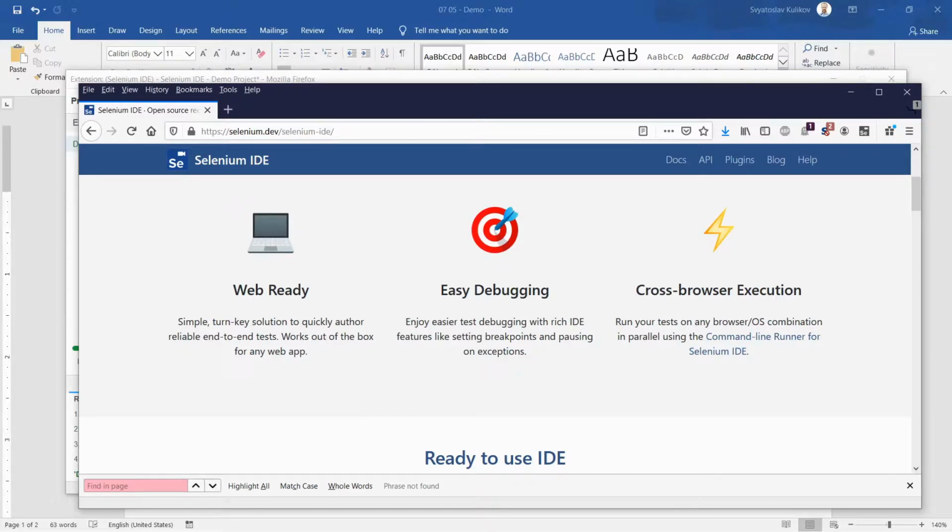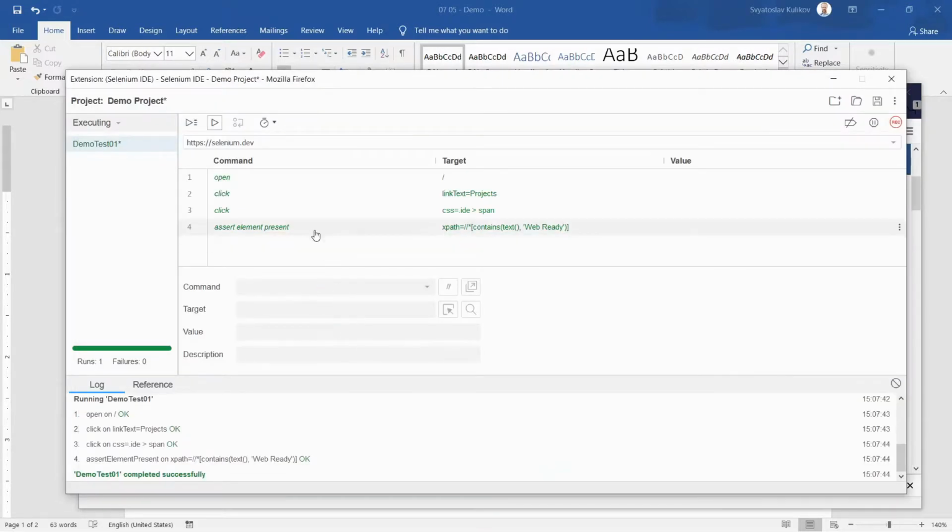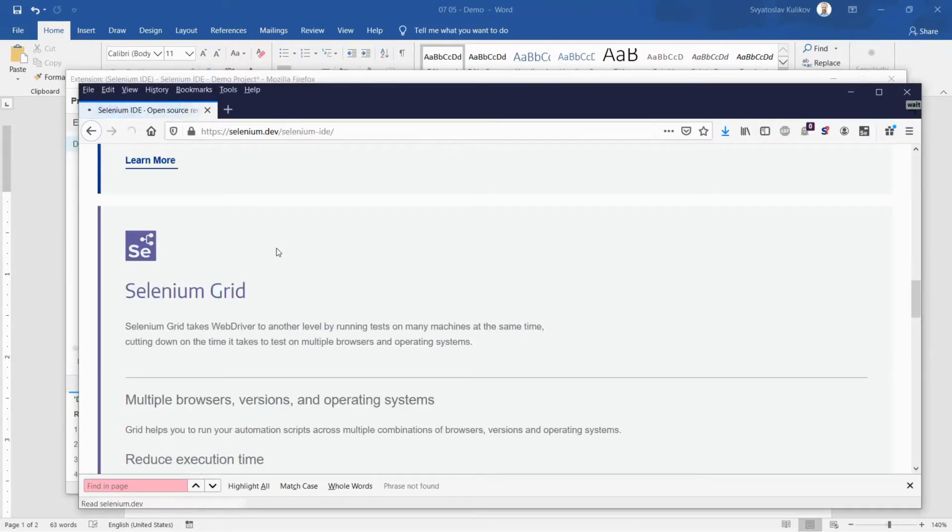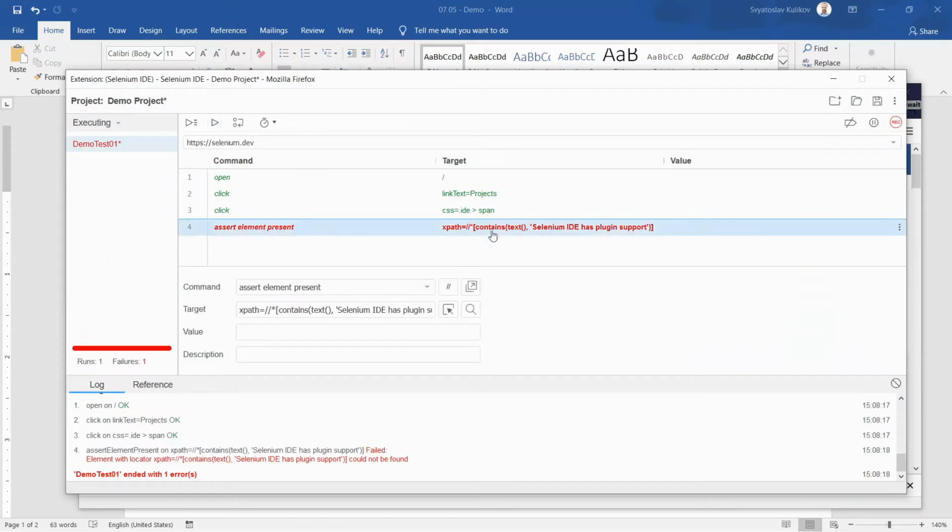But then I absolutely have to remember to change that text value back. So now I'm copying one more time into the clipboard the initial text and returning it here and checking once again. Now everything works and our test detects the problem, detects the error within the application, detects the defect. So that's all for the first demo. In the next videos we shall discuss Selenium IDE in more detail.